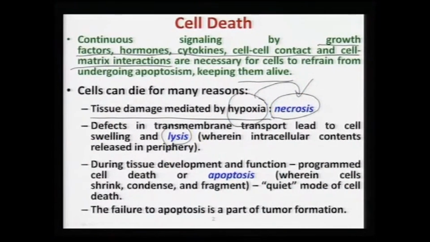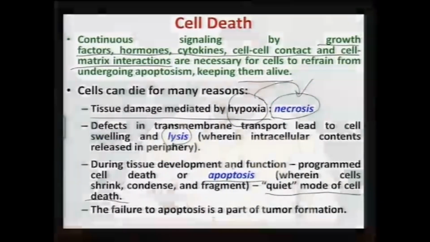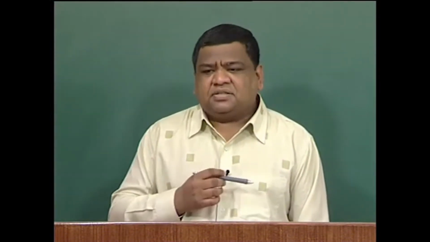During tissue development and function, programmed cell death or apoptosis takes place. Now, this apoptosis is the quiet mode of cell death. Many times you might have heard that a particular person undergoes a silent heart attack. Silent heart attack means there are not enough symptoms earlier to suggest the person will get a heart attack, and suddenly he sleeps and the next morning you find that person is dead. That means the person had a very silent heart attack. So, you can consider apoptosis also a very quiet, silent mode of cell death,